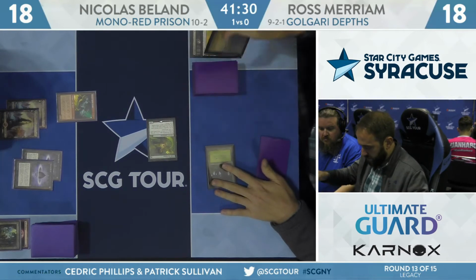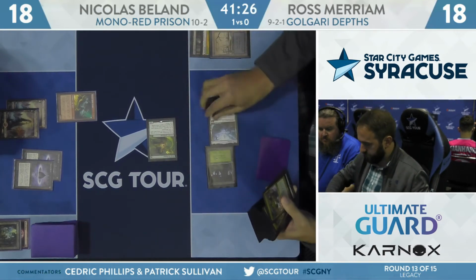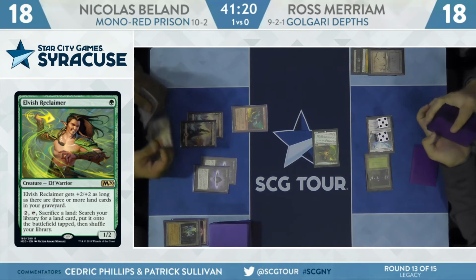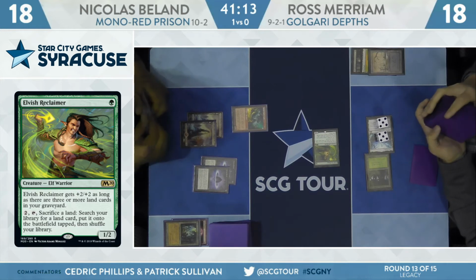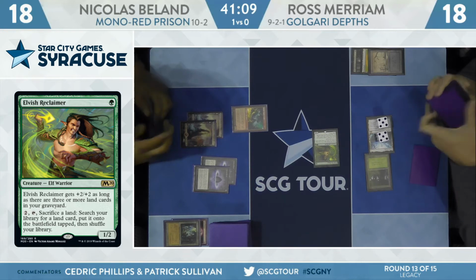And now Ross is going to do a little bit of reclaiming. He's going to sacrifice a basic Swamp. He'll get himself a Dark Depths. Elvish Reclaimer, of course, a 2/2 rare. Elf Warrior, that's a 1/2, so it does get around Renin 6. Elvish Reclaimer gets +2/+2 as long as there are 3 or more land cards in your graveyard, currently 2 here